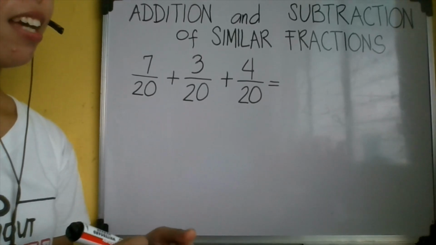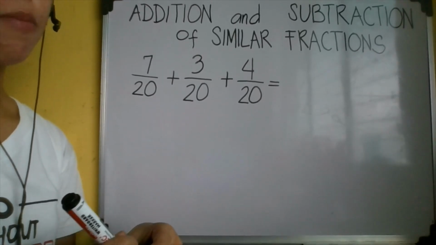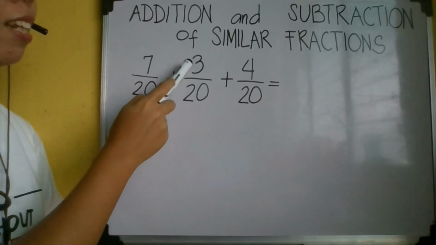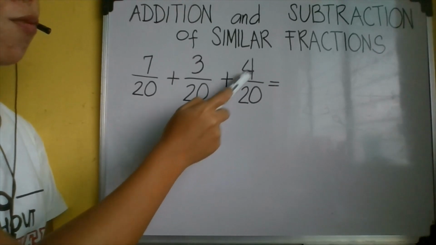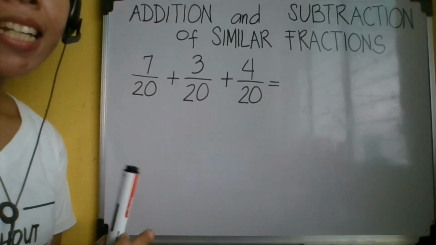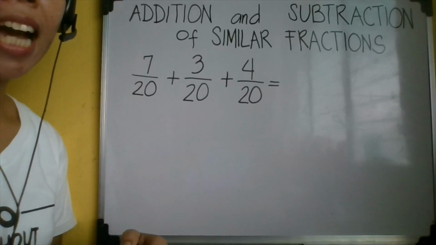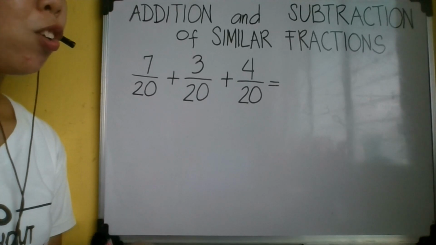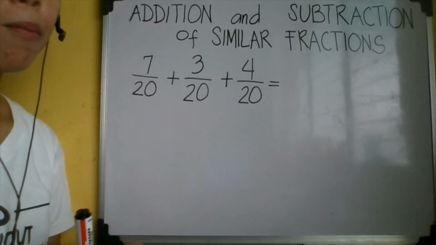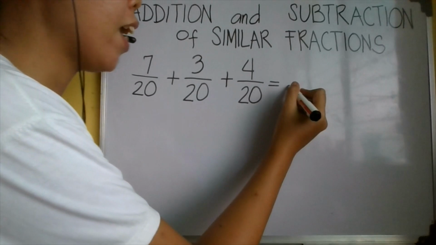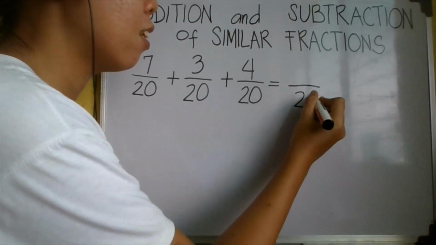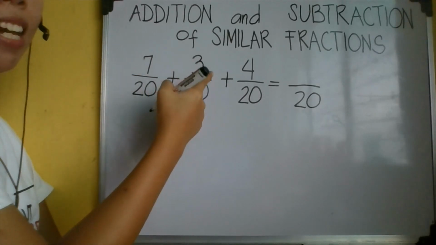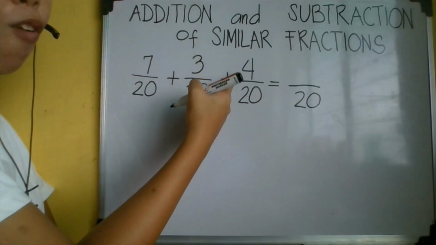Okay, now let's have an example on adding similar fractions. We have 7/20 plus 3/20 plus 4/20. In adding similar fractions, we just copy their common denominator and add their numerators. So our common denominator is 20. So write 20, then add the numerators. We have 7 plus 3, that is 10, plus 4, we have